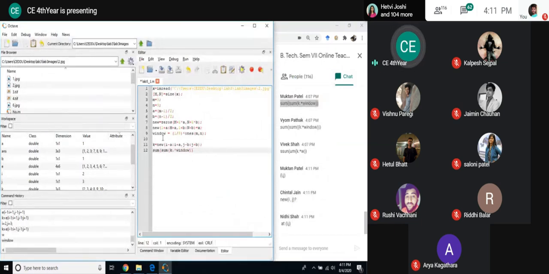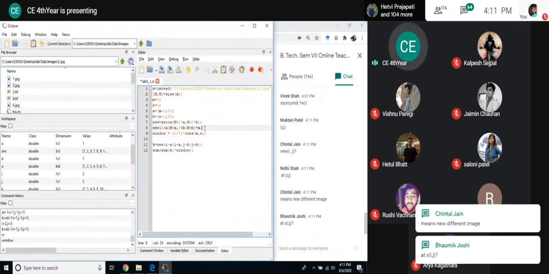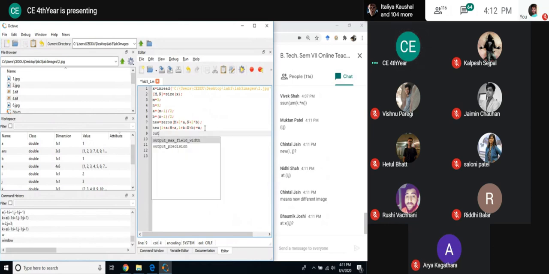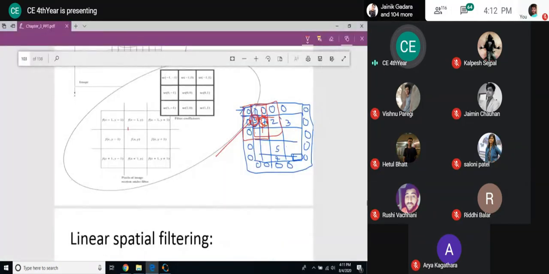So what I should do is have one more, not x ij. We will need one filtered image, or we can say output. Let us take a new image whose size is equal to the new image. Whichever image I am taking, on that central element I should replace. But when I am calculating the next one, I should use the previous element. I should not consider the new element.